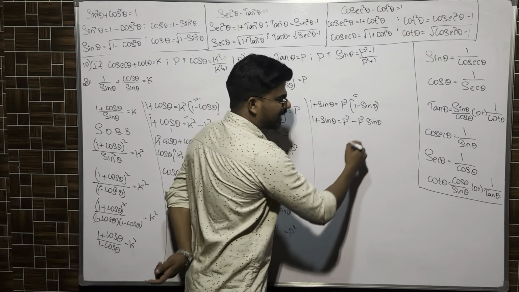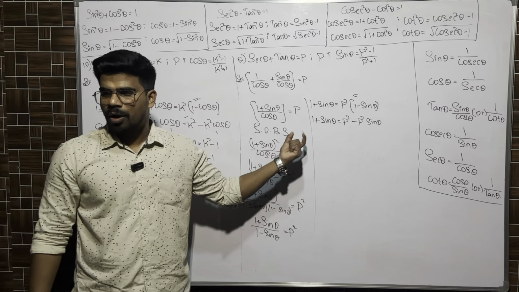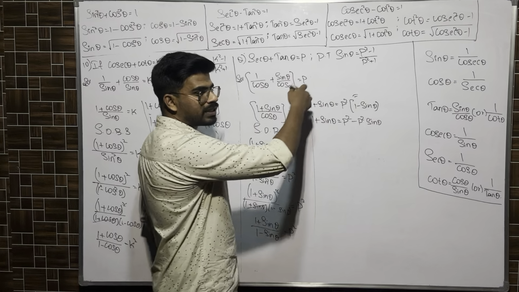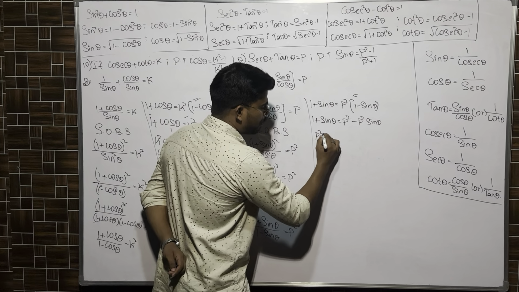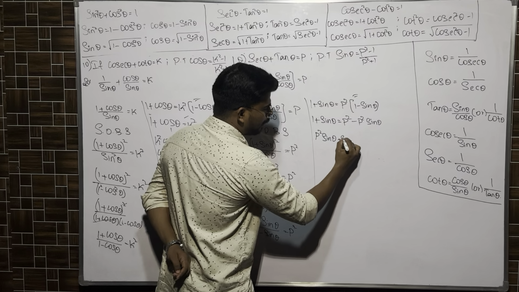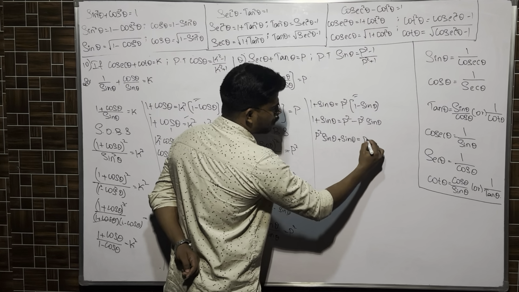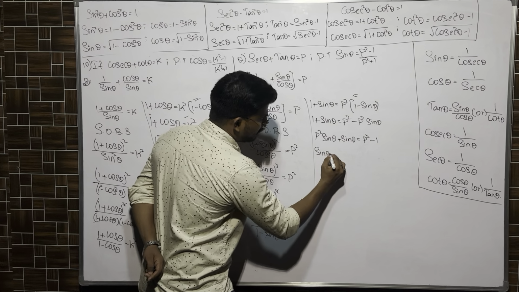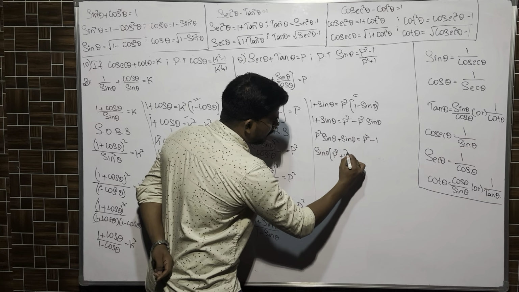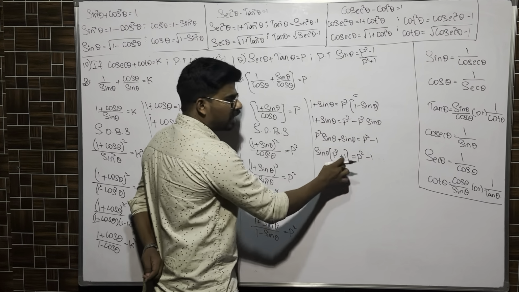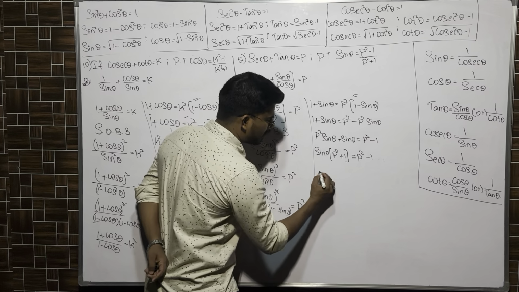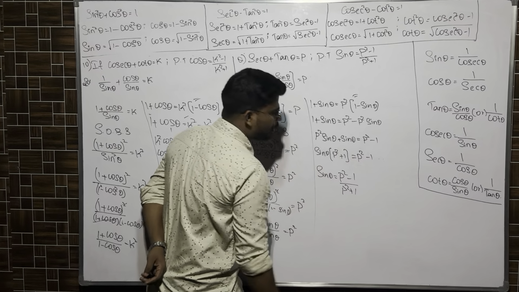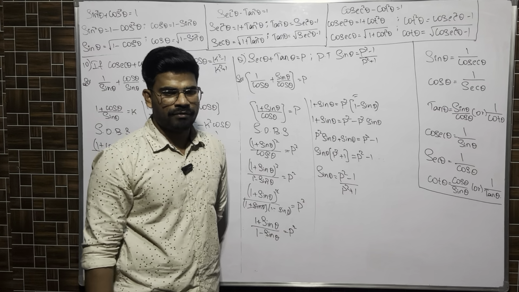Now is the time for segregation. How do we segregate? We will put all the trigonometric ratios to one side, and all the terms without trigonometric ratios to the other side. Minus p square sin theta, here it will become plus p square sin theta. Plus sin theta is equal to p square, plus 1 will become minus 1. Take sin theta common. It will become sin theta into (p square plus 1) is equal to p square minus 1. P square plus 1 is in multiplication. If I send it this side, it will become division. Sin theta is equal to (p square minus 1) by (p square plus 1). Hence proved. Clear? Very, very important question.